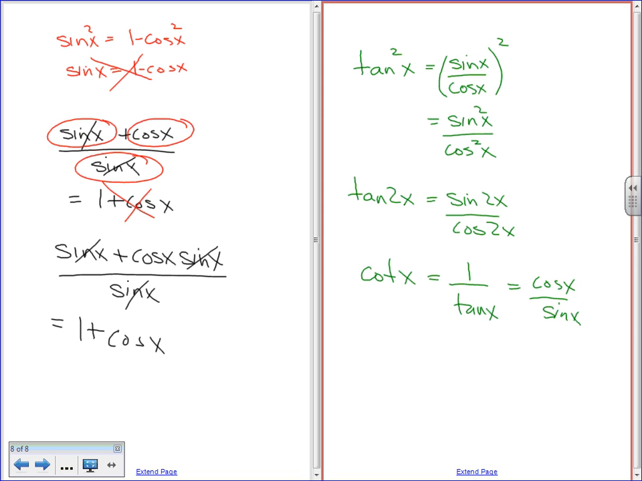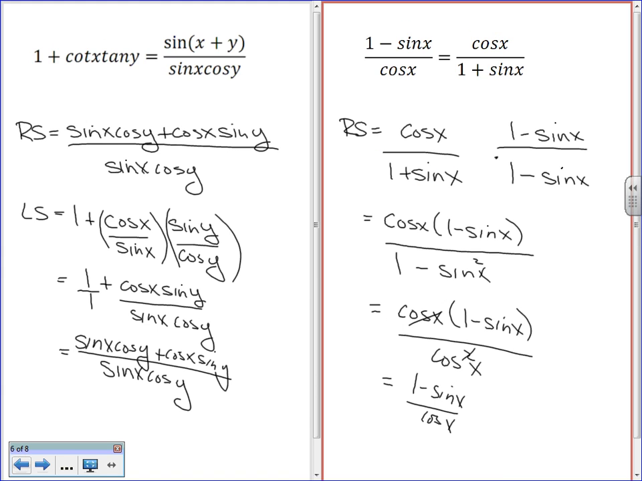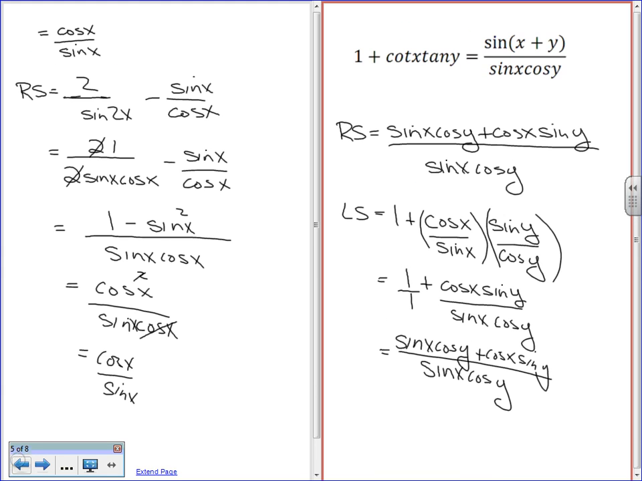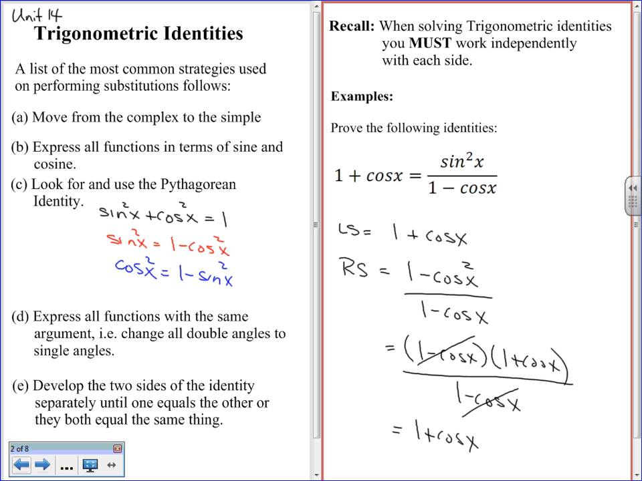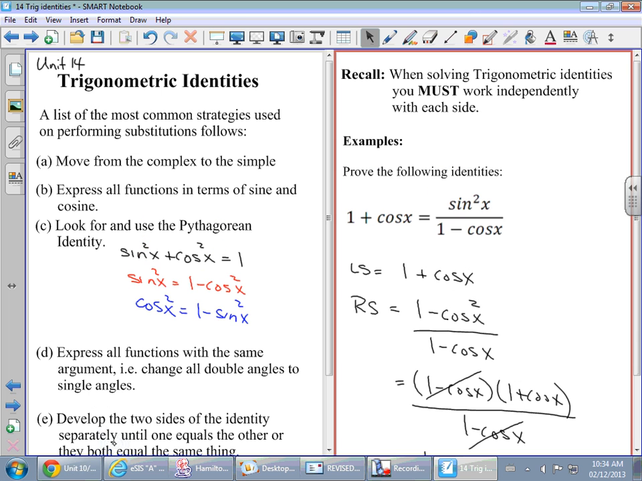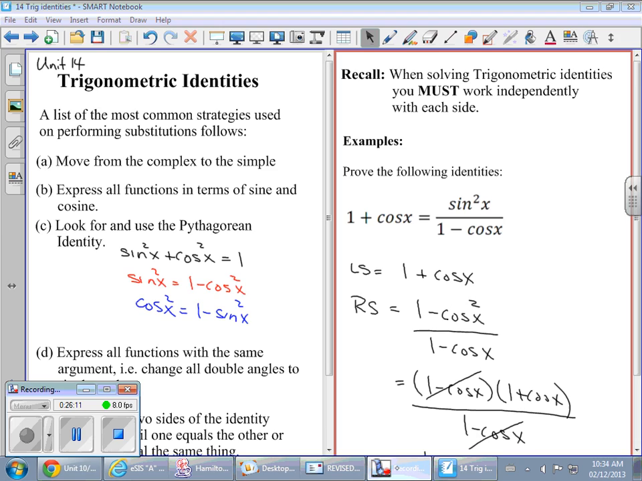Okay, so some common algebraic mistakes. And then I try to choose 4 examples so that a whole bunch of different situations come up. Every trig identity is different. The more you do, the better you get at them. So that is the only